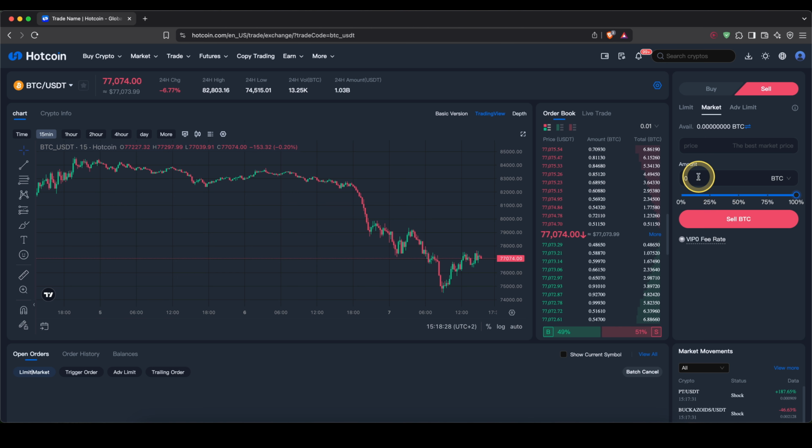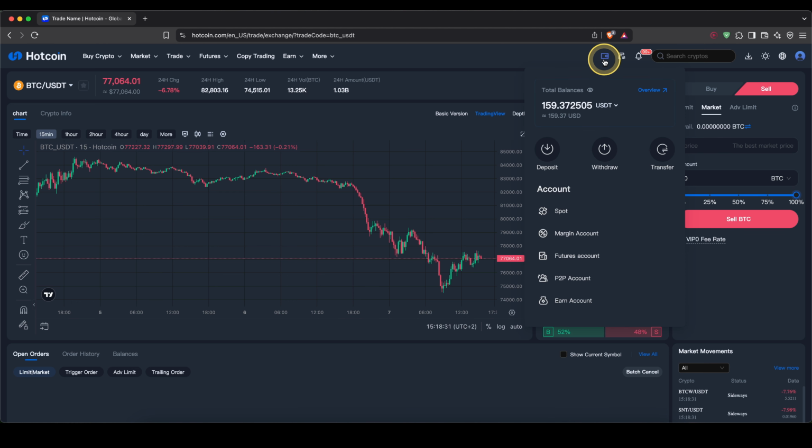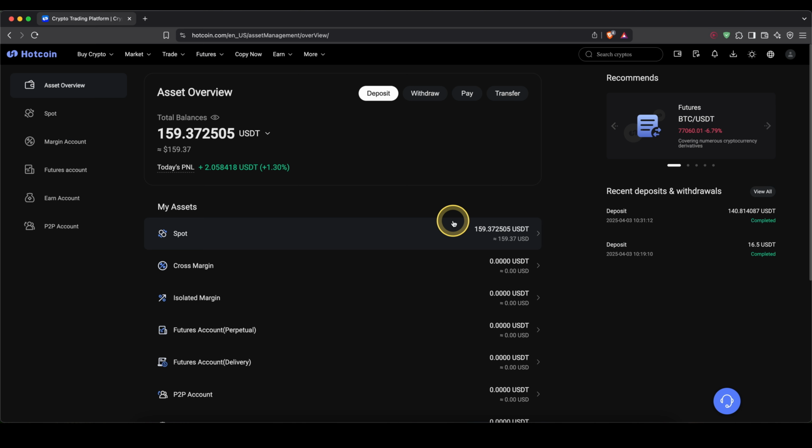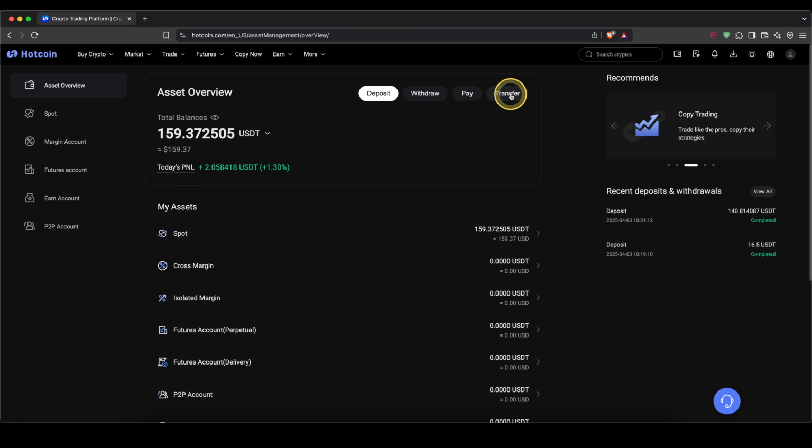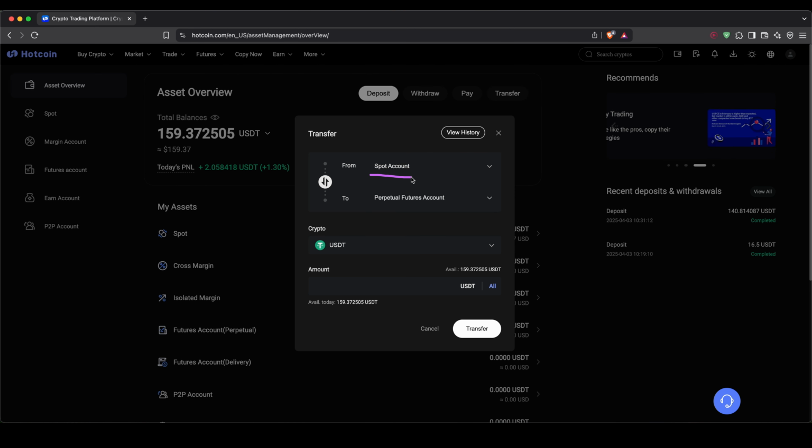Once we have it in USDT, we can go back to our assets in here and let's go to overview. And in our last step, we now need to transfer the money that we have in our spot account into our futures account right here because we need it in here to then trade with it. And you can easily do that by just going up here to transfer